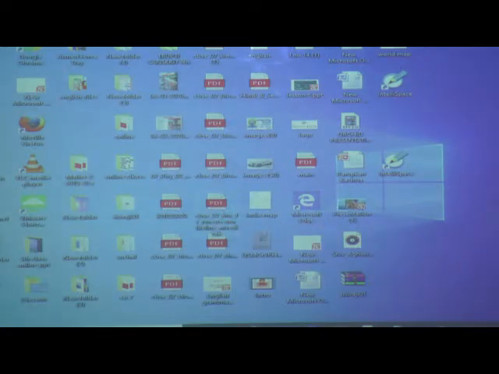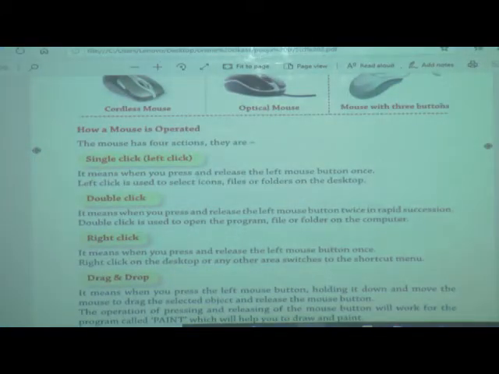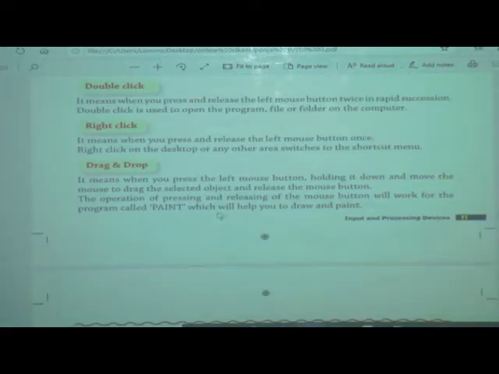This is one. What we have to do? We have to first click the mouse left button and press it, and here drag and here drop. Then this folder or file changes its position. The option of pressing and releasing the mouse button will work for the program called paint, which will help you to draw.